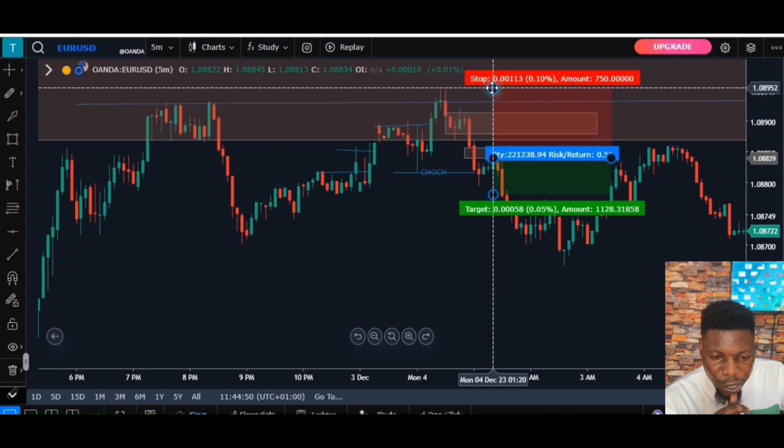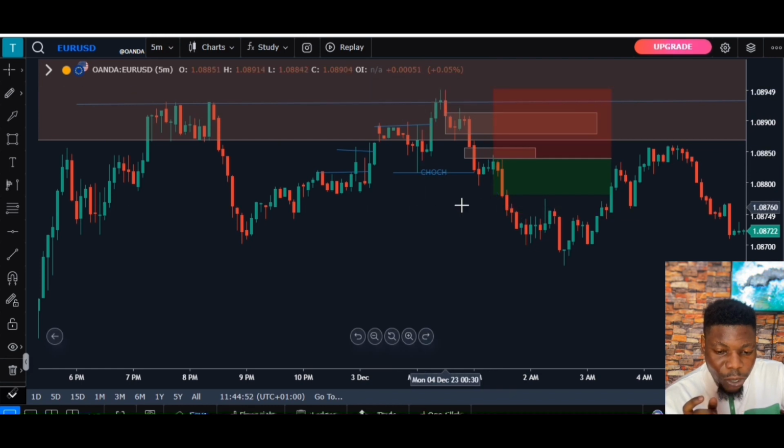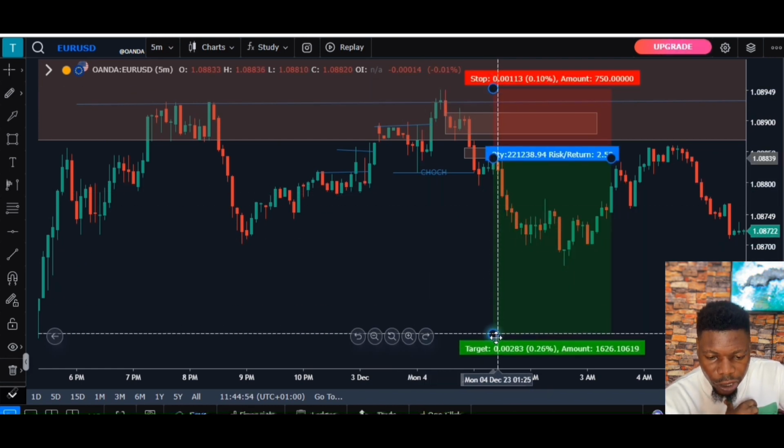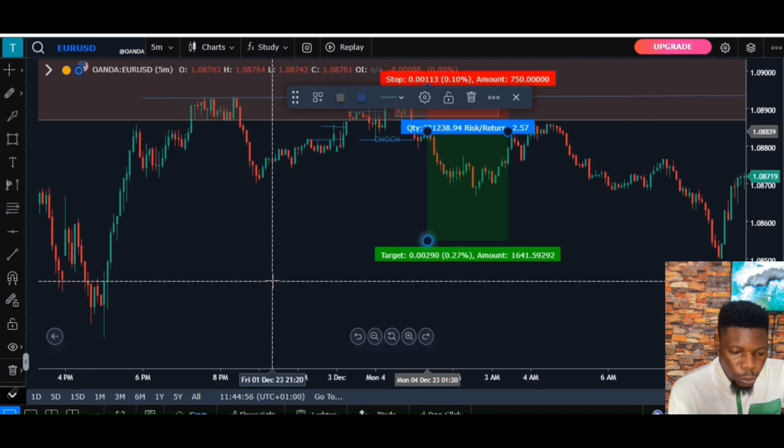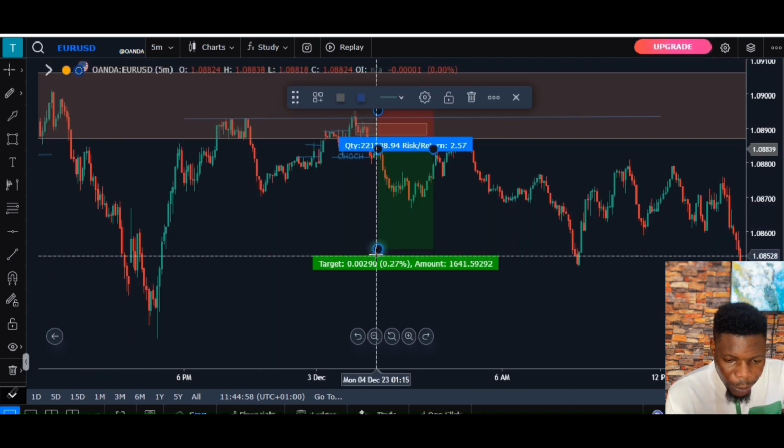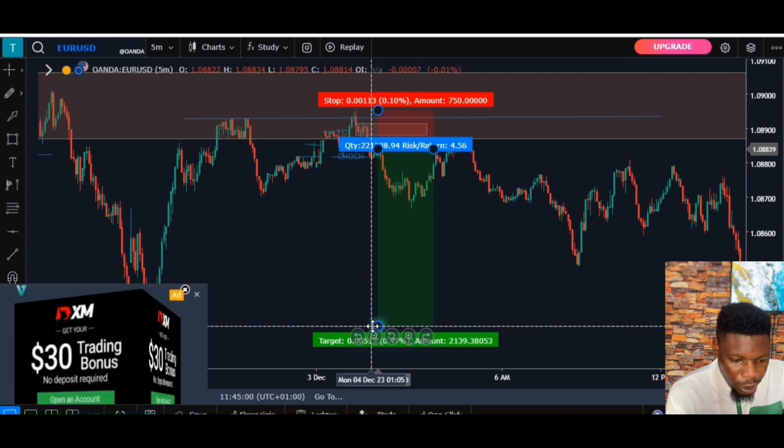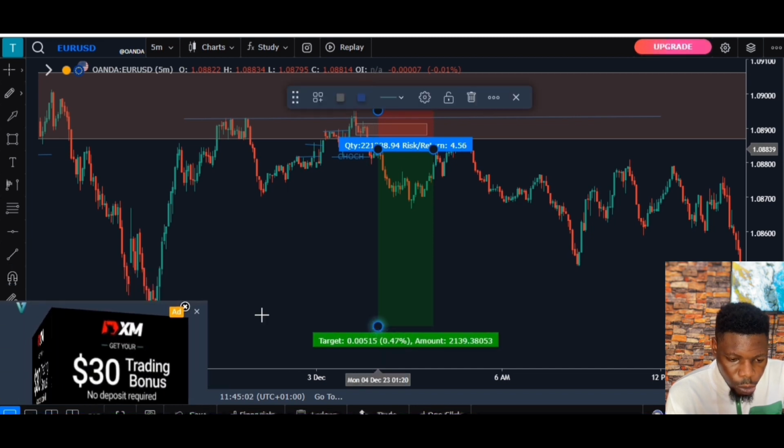Then our stop will be above this high, to avoid being stopped out. Then we aim for what? This low. Where's the low? We aim for this low. So we can see